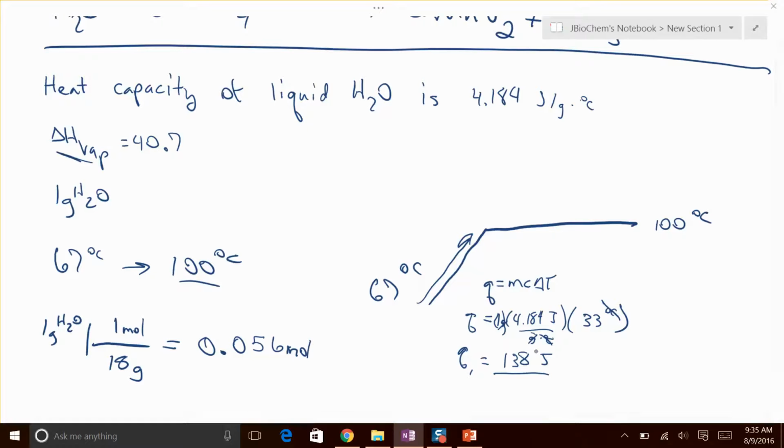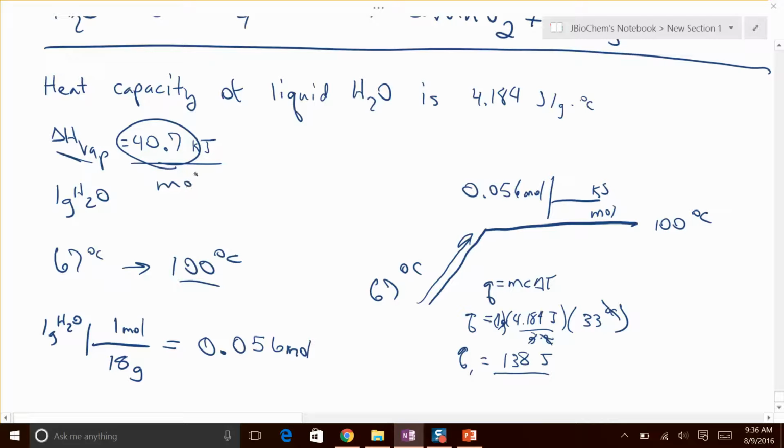Okay, now for Q2. Q2 here is equal to the moles converted to the kilojoules from the moles using the delta H of vaporization. So for Q2 we have 0.056 moles, and we're going to convert that to kilojoules. The delta H of vaporization is 40.7 kilojoules per mole. Those are the units of it. So we have 40.7 over 1 mole. So we get 0.056 times 40.7, which is 2.26